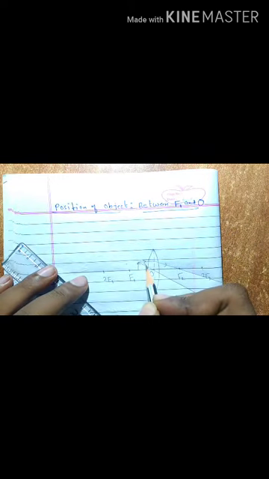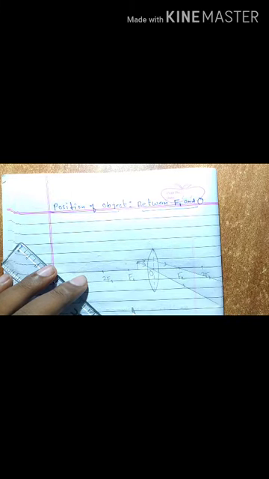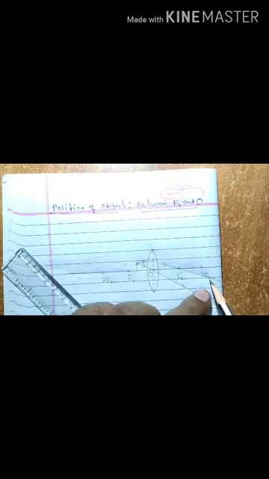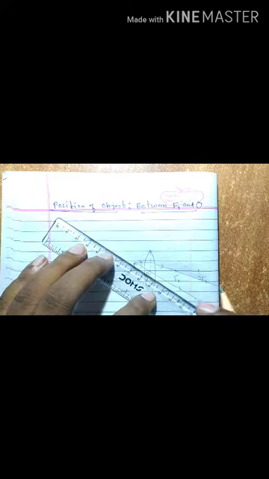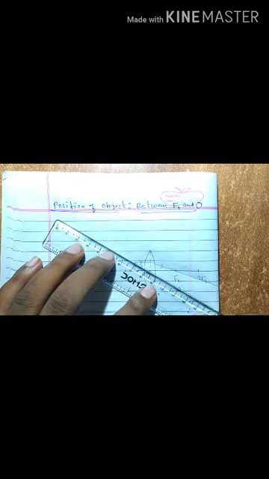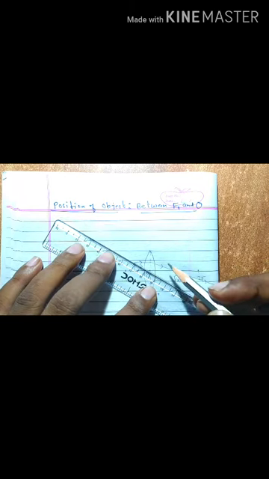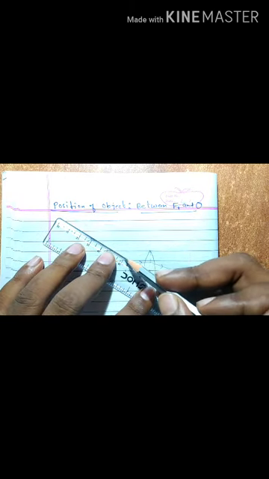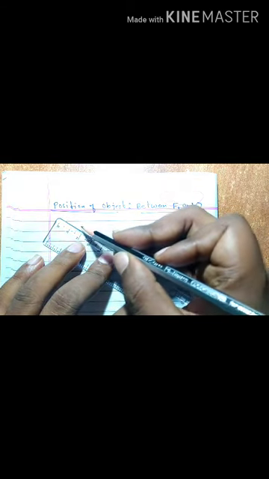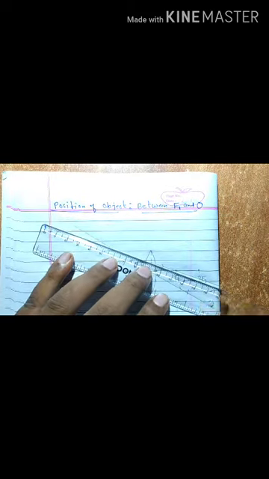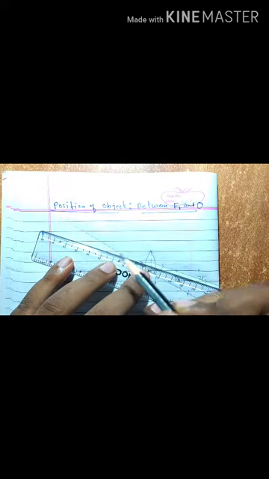This is incident ray, this is the refracted ray, right? So you can see the distance is increasing. So this refracted ray will not cut on this side, they will not cut. So what you have to do, you have to extend the incident ray towards the lens with a dotted line. You have to use a dotted line. Why are we using a dotted line? Since in actual, the rays are not coming in this direction. Okay, that's why we have taken a dotted line. And since the dotted line is here, it means the image is going to be a virtual image.